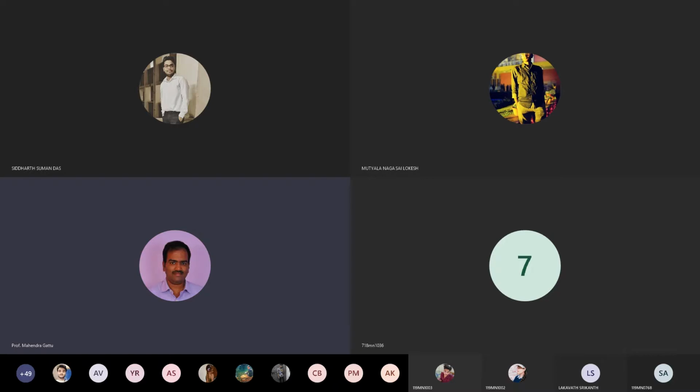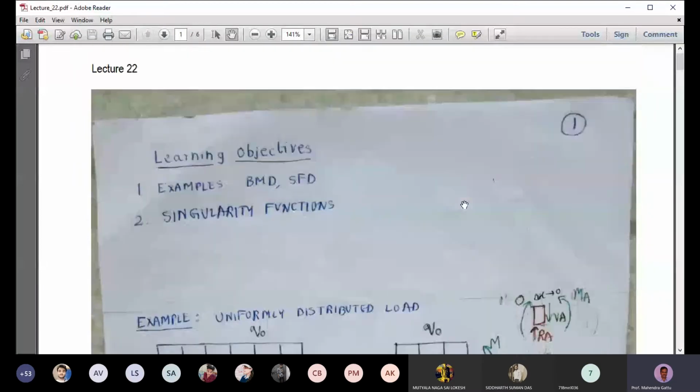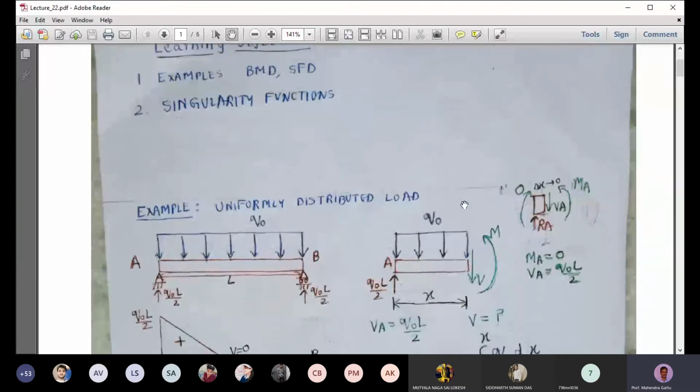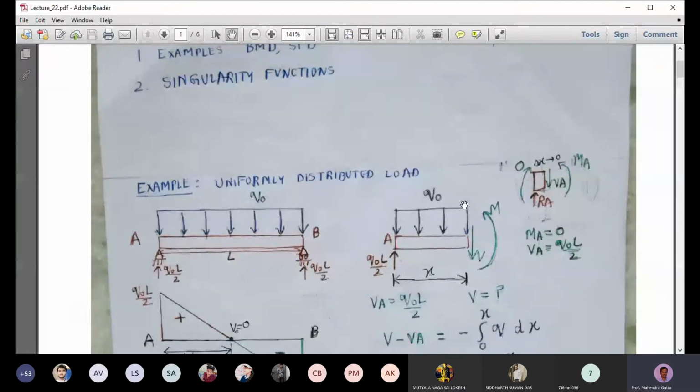Okay, so we'll solve some examples on bending moment diagram, involving drawing the bending moment diagram and shear force diagram. And then I'll introduce the concept of singularity functions, which can be used to determine the shear force and bending